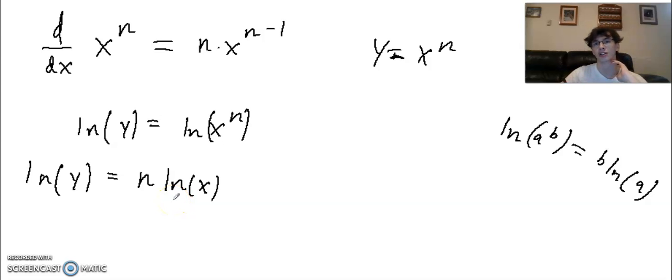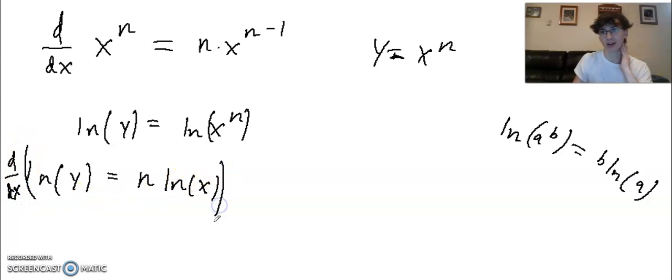So now, just like we found the natural log of each side, we're actually going to find the derivative of each side. Just like multiplying each side, dividing each side, finding the logarithm of each side, those are all functions that we can do. As long as we do it to both sides, it will remain equal. Same thing with the derivative. So as long as we derive both sides, the equation will be equal, so we can actually do that. And this extra step of deriving is actually going to ironically simplify this for us. So the